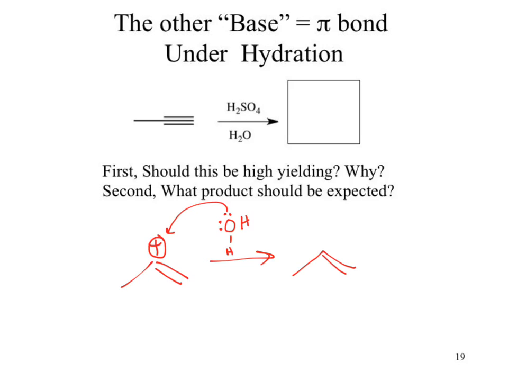Oxygen attacks. Oxygen would be positively charged with the lone pair. Does it want to be positively charged? No. So it's going to seek out electrons. Where can it get those electrons from? From the immediate hydrogen next door. And we would end up with